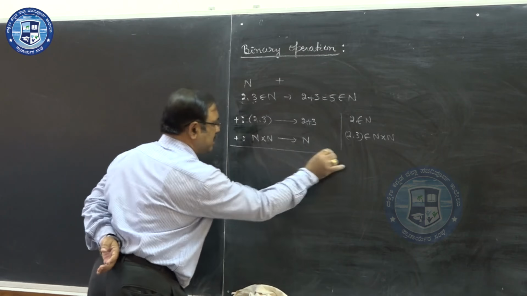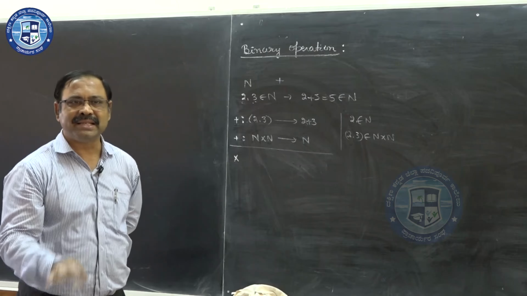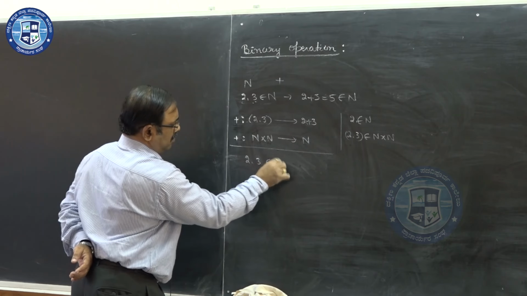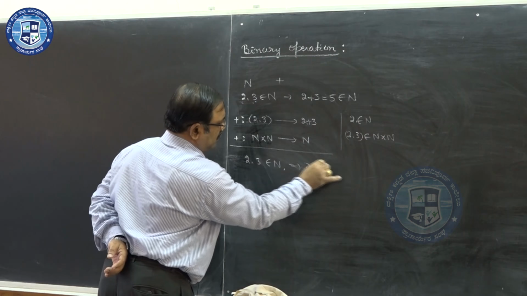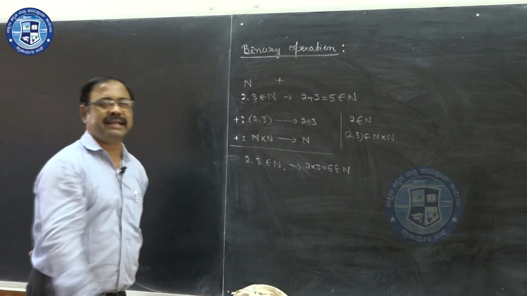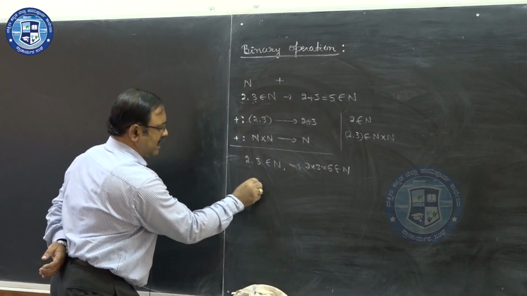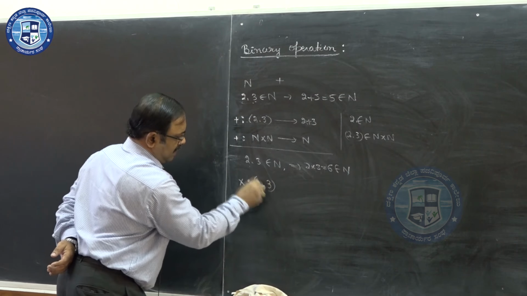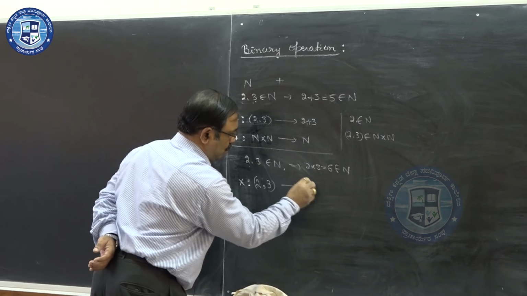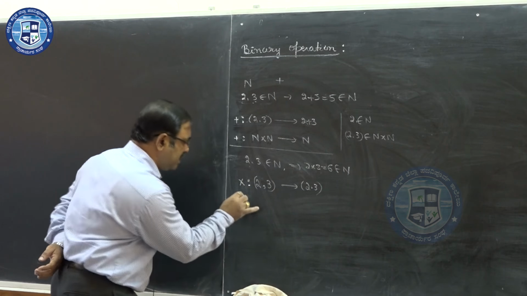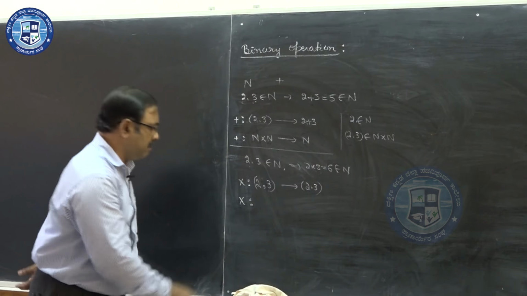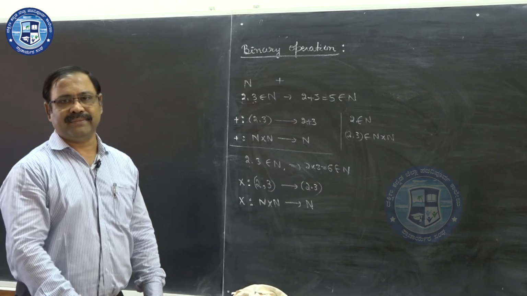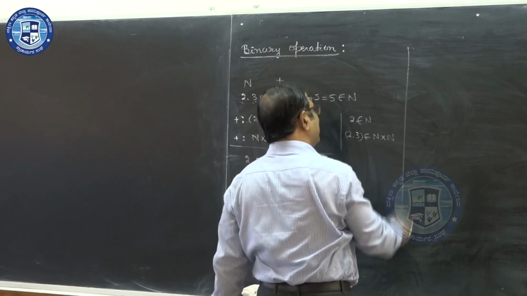Similarly, let us write whether multiplication is a binary operation on N. See, I am writing for 2, 3 belonging to N, 2 into 3, 6 belongs to N. Yes, it is a binary operation. So how do we write this? Into is a function from 2, 3 to 2 into 3. That is, into is a function from N cross N to N, this is an element of N. Also, I'll write one more example.